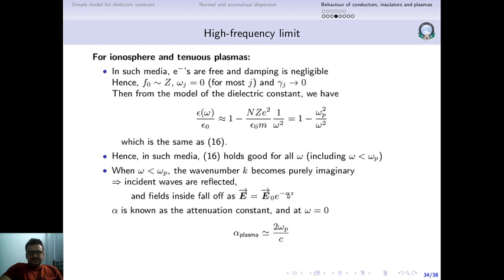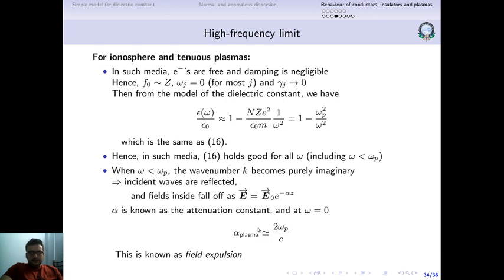Basically, when z equals 1 by alpha, the field is going to become 1 by e times whatever the incident field was. So effectively, when omega is less than the plasma frequency, all the incident waves get reflected off the surface, and whatever goes inside is going to fall off,